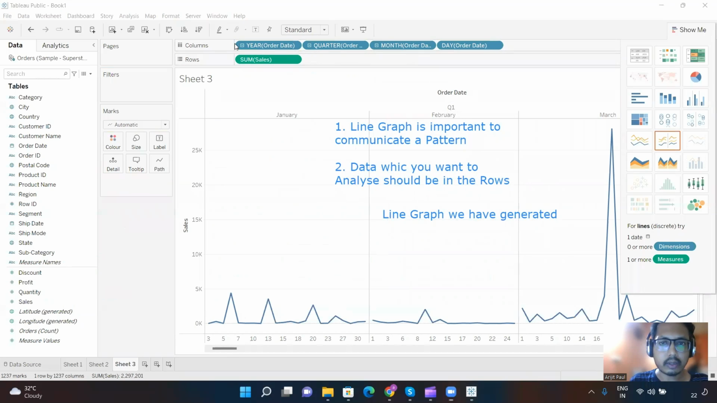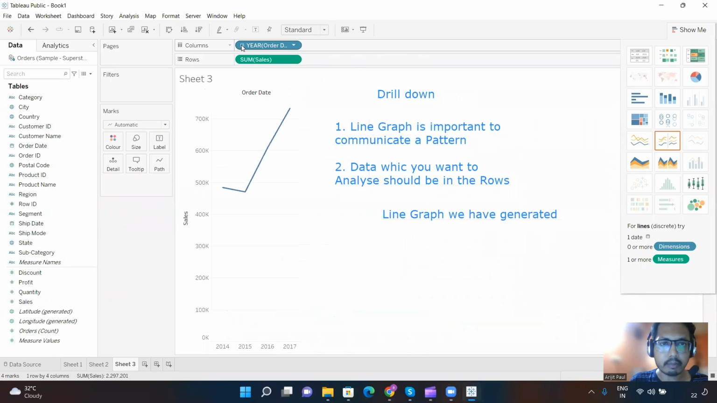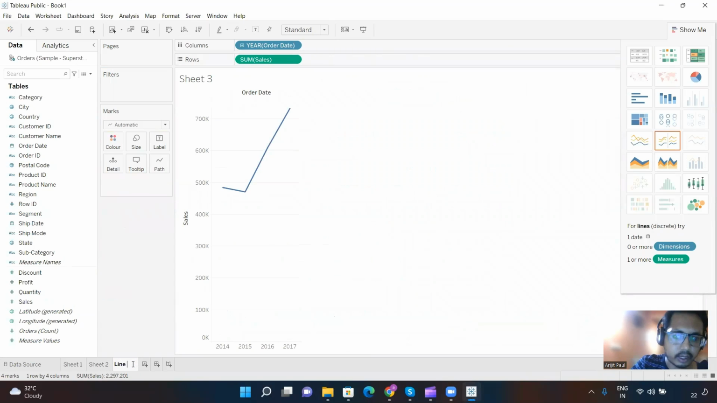This concept is called drill down. This hierarchy has been automatically created by Tableau. You do not need to segregate it manually in your database. In Tableau it will get automatically created. Now again if you click this minus button in the year order date, it will drill up. That concept is called drill up in Tableau. Now rename this sheet as line graph